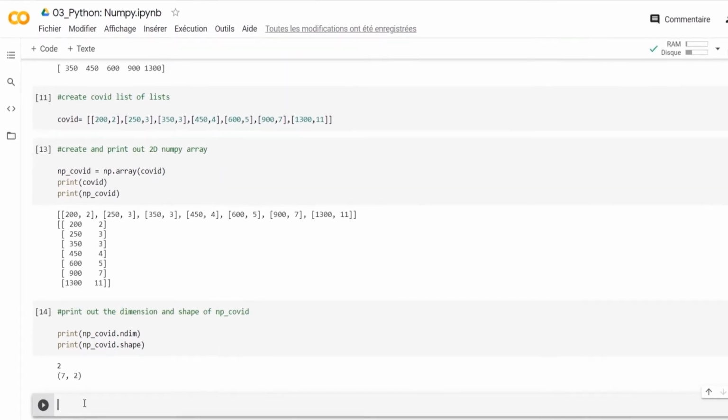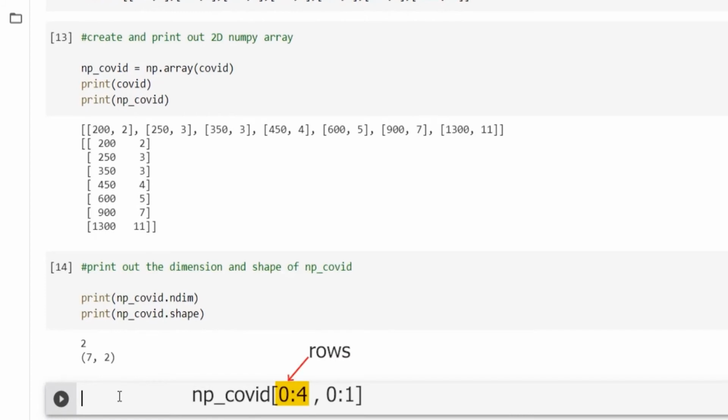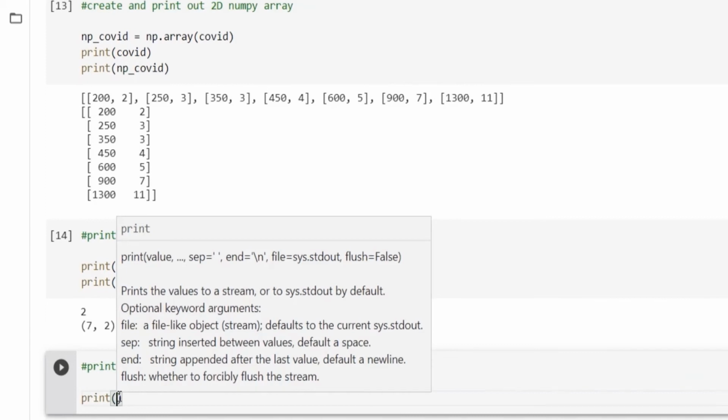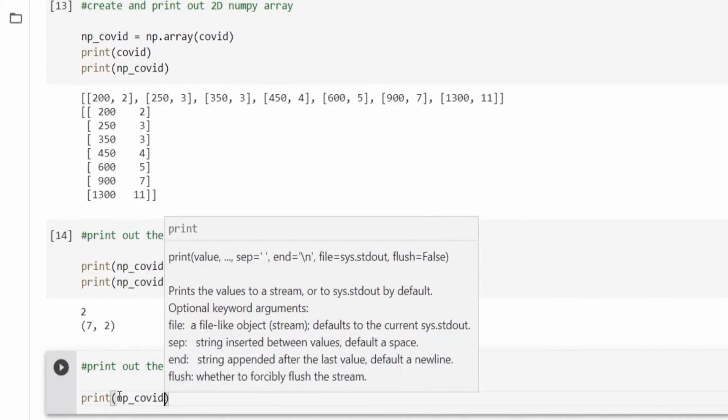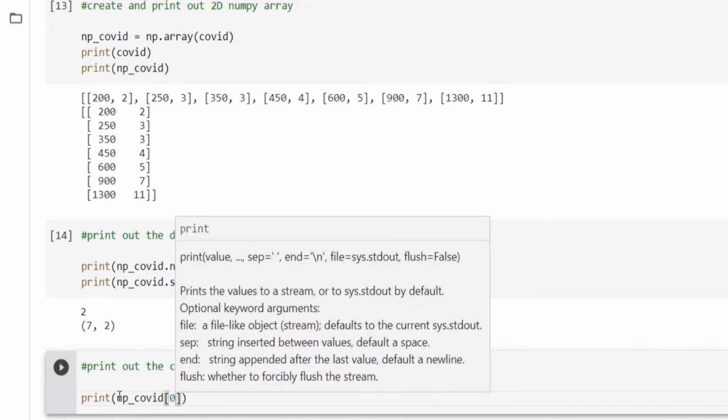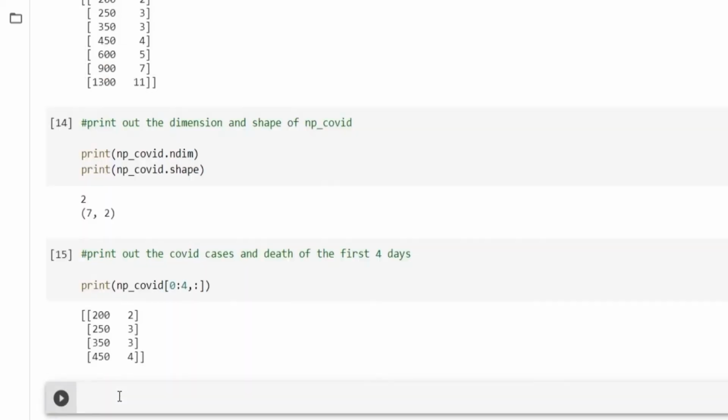However, it's very simple. The indexes before the comma refer to the rows, and those after the comma refer to the columns. In this example, we subset the number of cases and deaths during the first 4 days. So before the comma, we subset from index 0 to 4, and after the comma, we only put a colon, which tells Python to include all the dimensions.